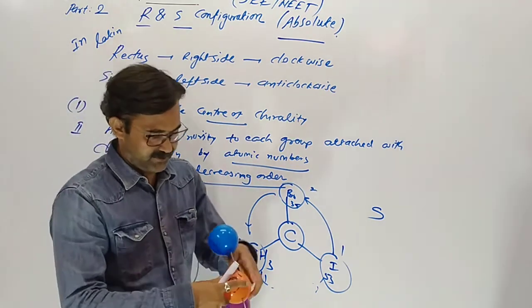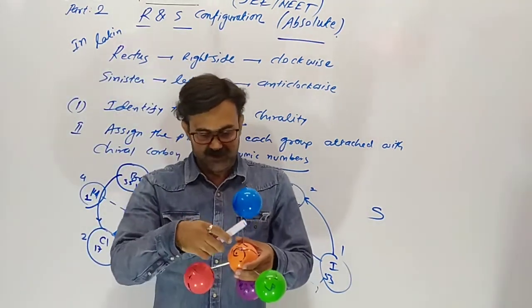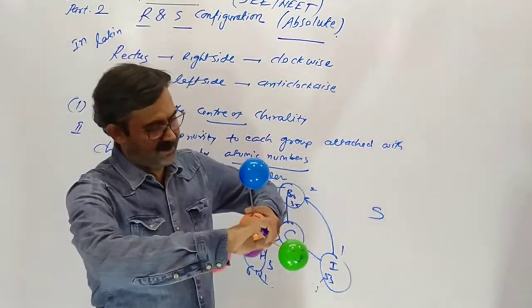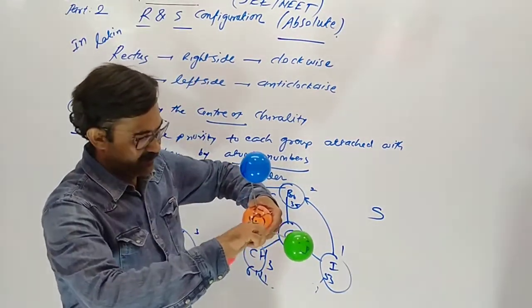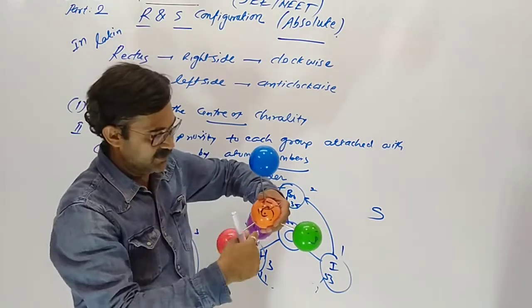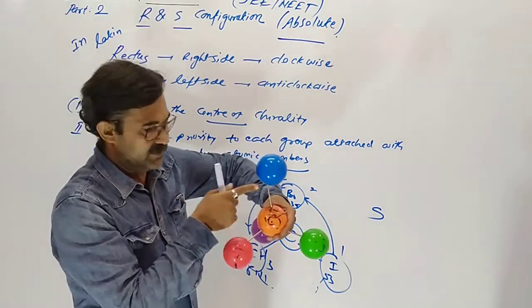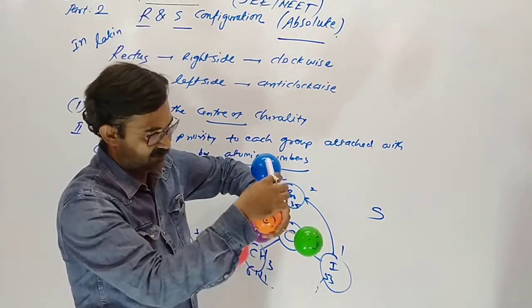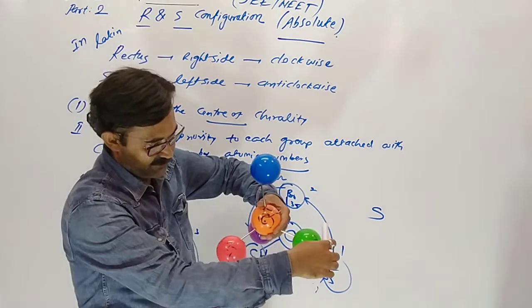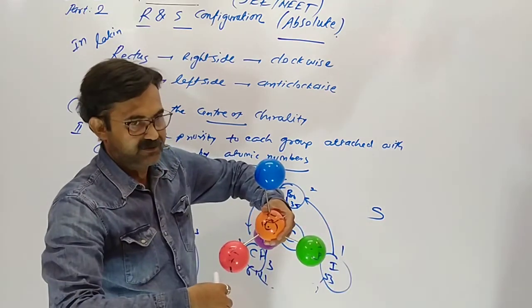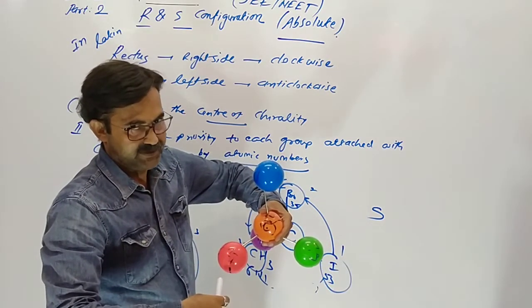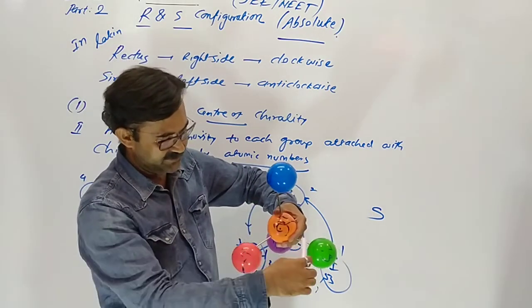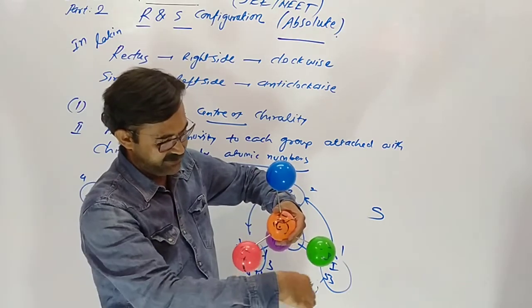First of all, we have to define the chiral carbon, then give the numbers 1, 2, 3, 4. Number 4 should be behind the carbon from the observer. You are the observer, you are observing. Number 4 is behind the carbon. Suppose this one is 1 in decreasing order, 1, 2 and 3. We are moving 1, 2, 3 clockwise. So it should be R, rectus, R configuration. If we are moving anti-clockwise,